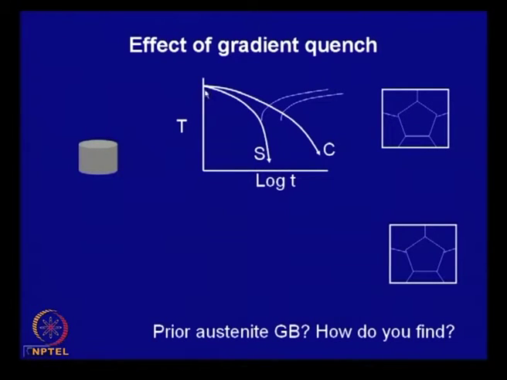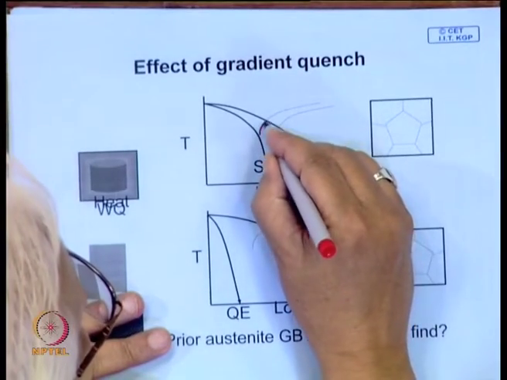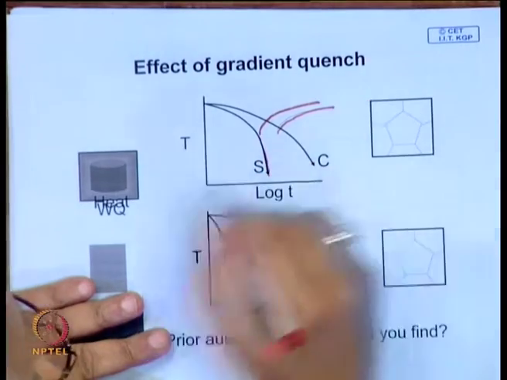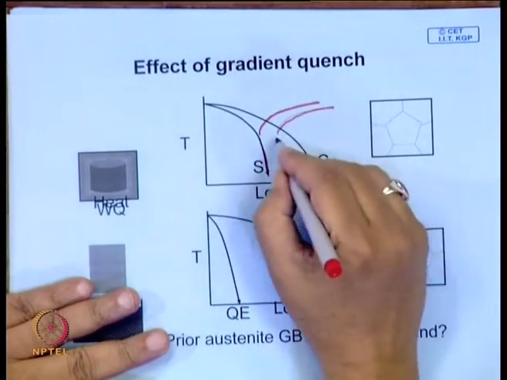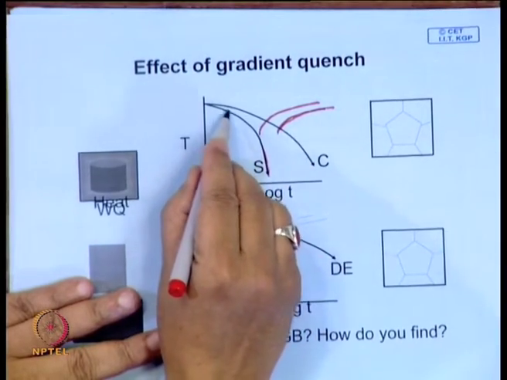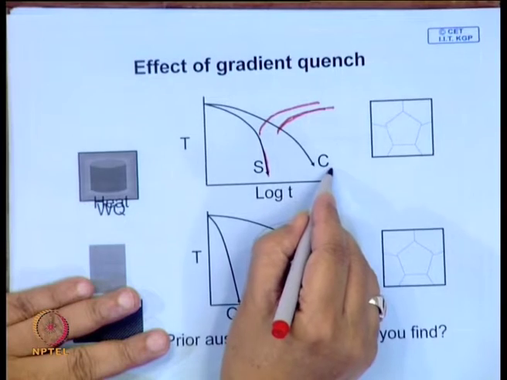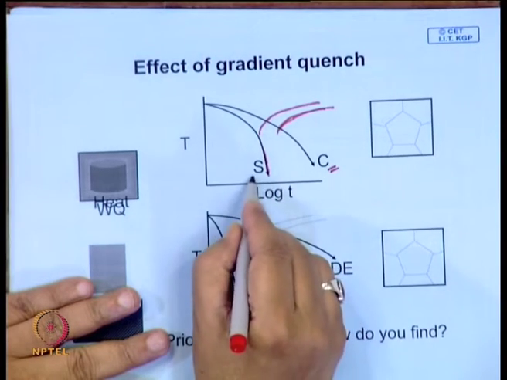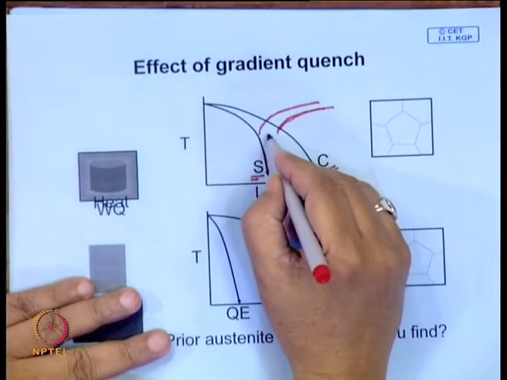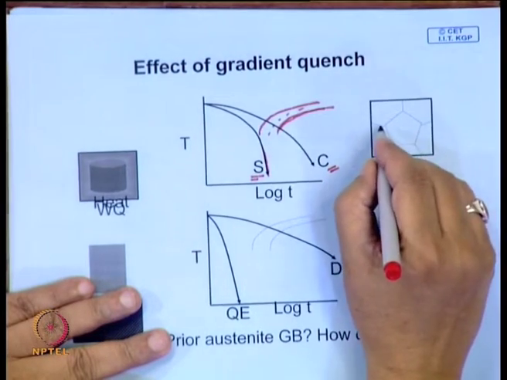It is possible that at the surface you will get a cooling curve like this, which avoids the nose of the curve, which is shown over here. This is the nose, and the surface avoids the nose. So, at the surface you will have martensite, but right at the center it will be totally pearlitic, the surface will be totally martensitic, and in between you can think about certain cases where